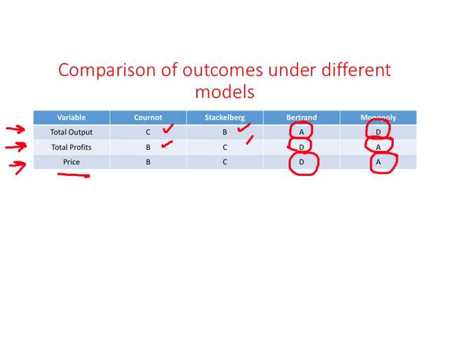So these comparisons are pretty useful, and what you find is instead of firms fighting with each other, if they decide to combine, then they become like a monopoly and can maximize or earn more profits than they would under any of these conditions. So in a way, this concludes our lecture on models of duopoly, when we started with Cournot, and then we looked at the extensions by Bertrand and Stackelberg, and then we compared the outcomes and compared them to what we would have under monopoly.